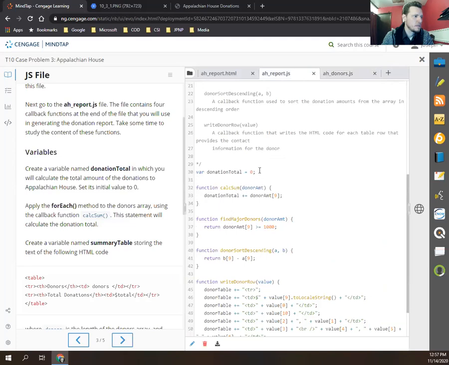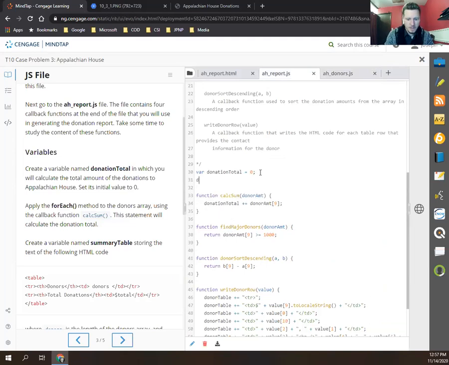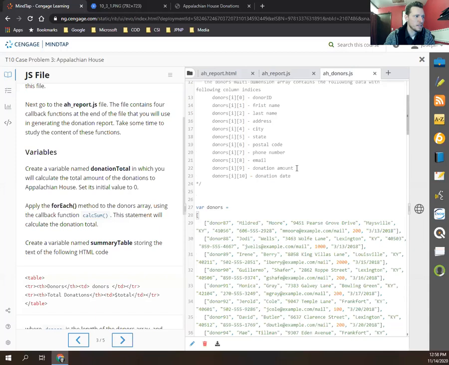So when we use on the outer array, donors.forEach, this is for each of the elements in the outer array. We're going to call a function, and the function we're going to call is the calcSum. That's going to call the calcSum. Inside the calcSum, it's accessing the inner array or the second dimension of the array. And it's going to access the 9th index, which is the donation amount, and it's going to add that to